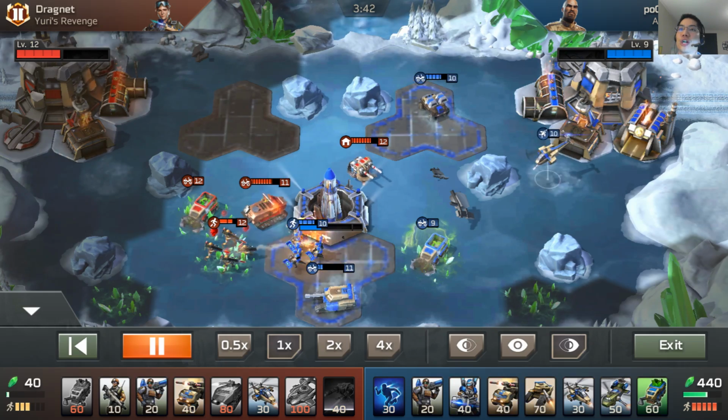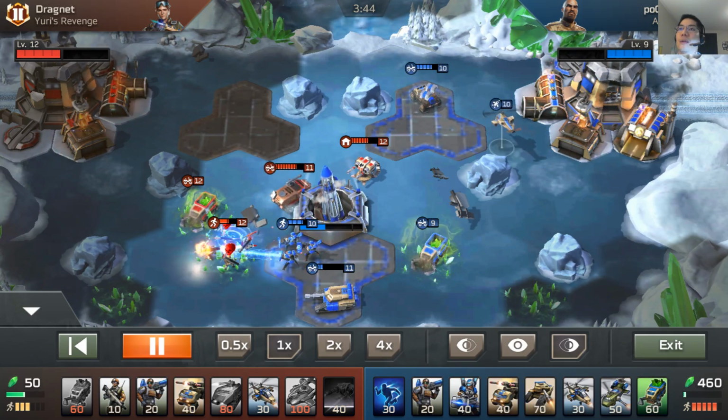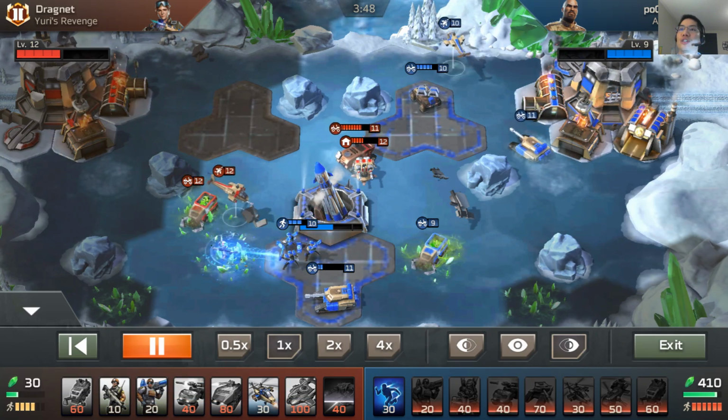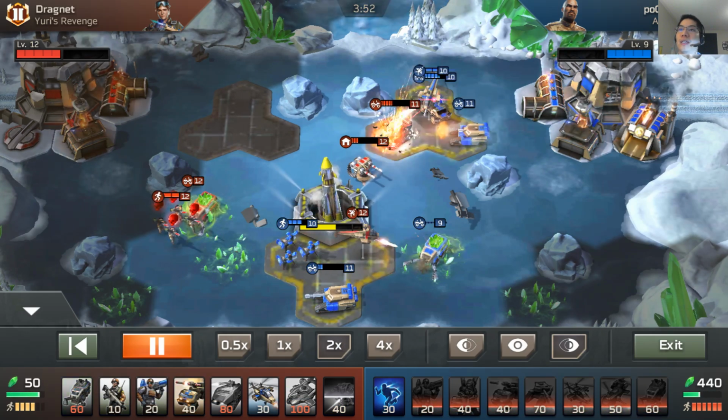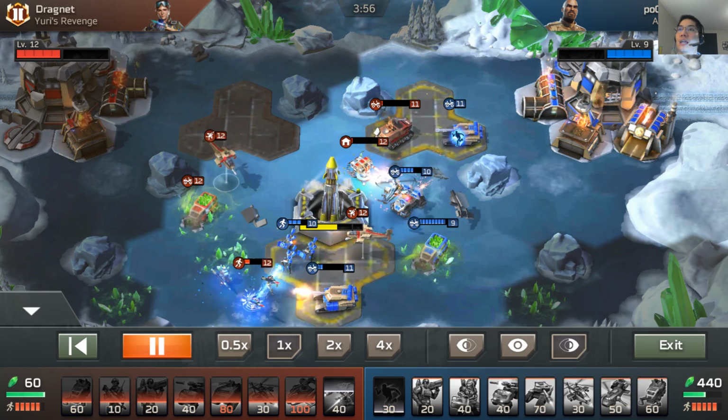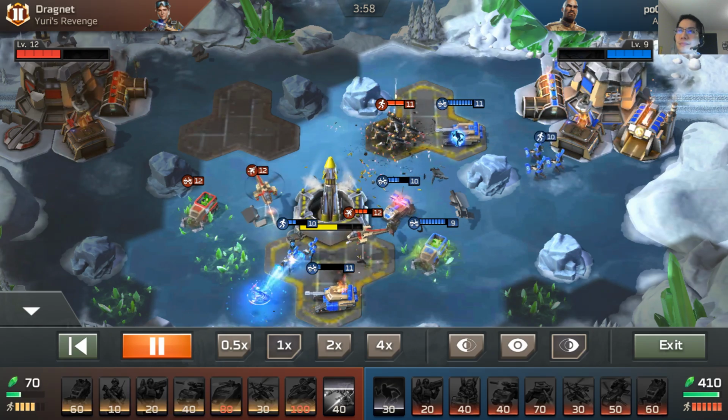So I moved my Shockwave there because I need to take out that missile squad. I'm trying to avoid his Lieutenant Strongarm. I don't really want to punch him one-on-one. I can't win that fight. So out comes his Pred tank. Again, his APC, sorry. I am able to knock out his